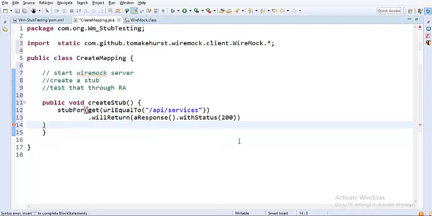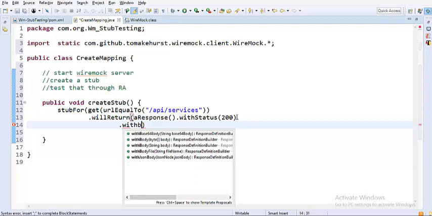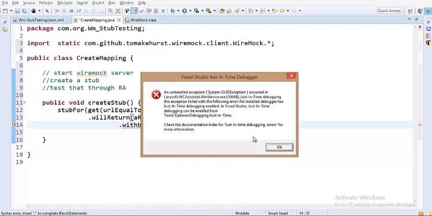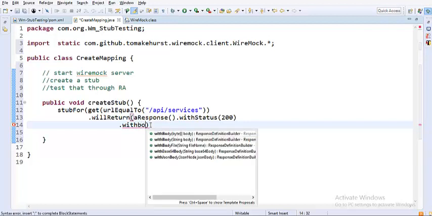It will return a response, and I think I should have it here. The mistake that I made was that whatever response I would like to serve should be written in the willReturn method. I was trying to call this method outside of it, so that is the reason it was not working.